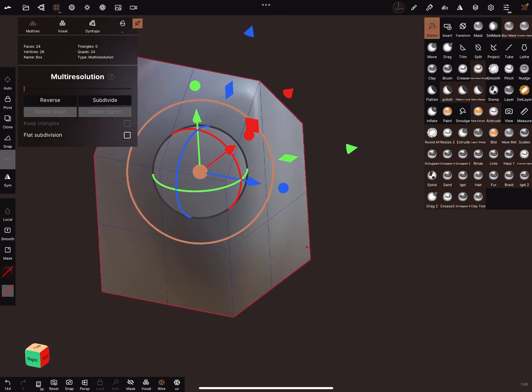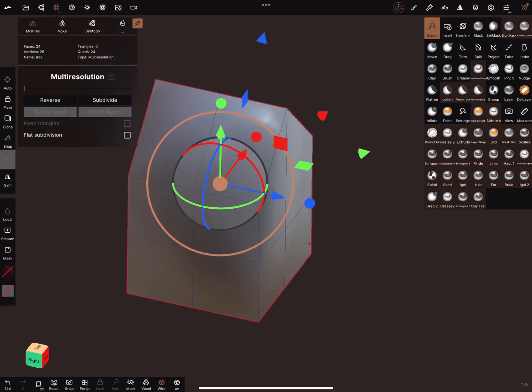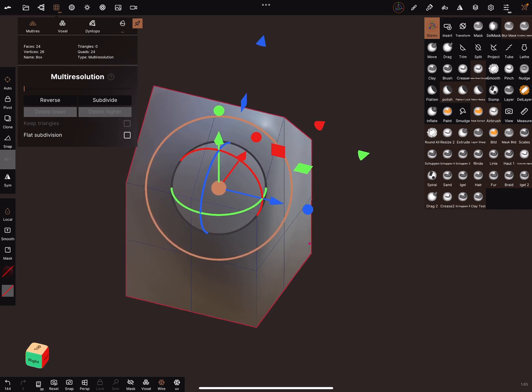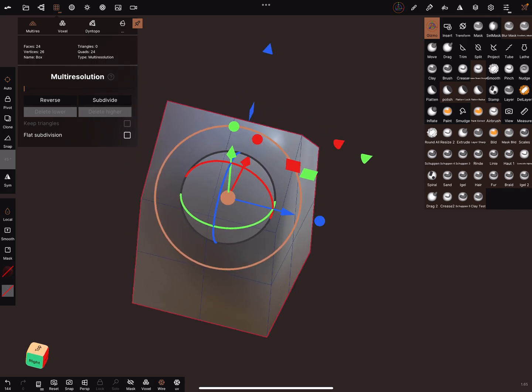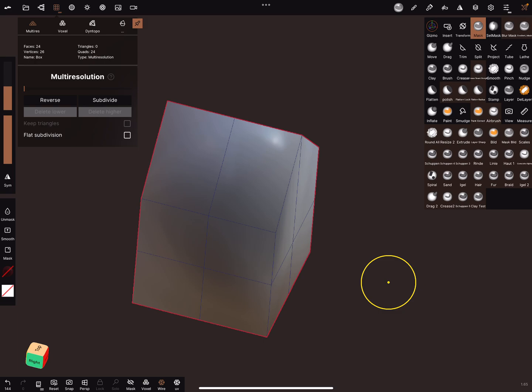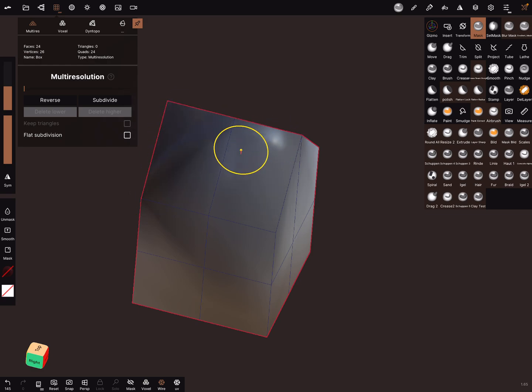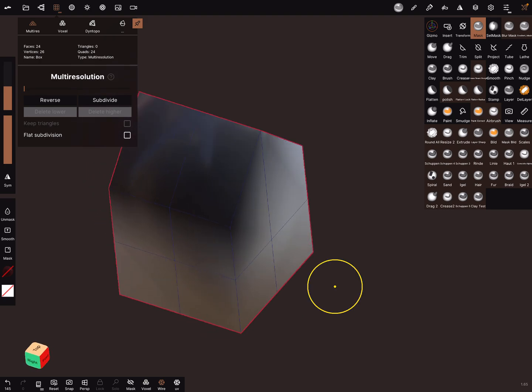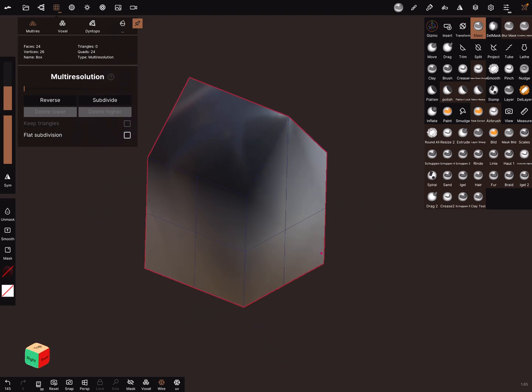And now the next thing is you can use the mask for some things. I turn on the mask, and I'm masking these points, and I hope I got it.